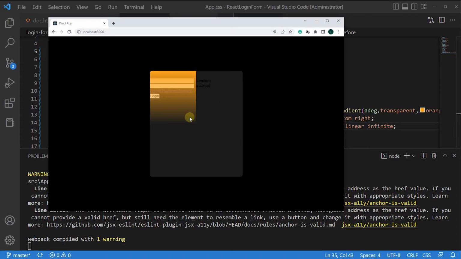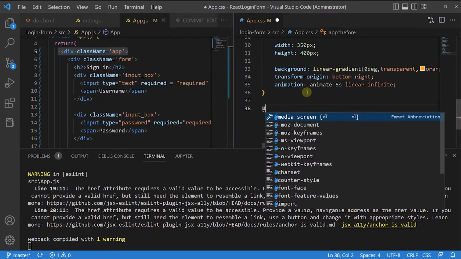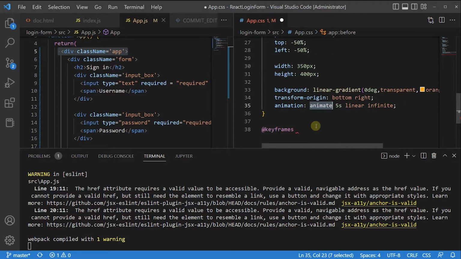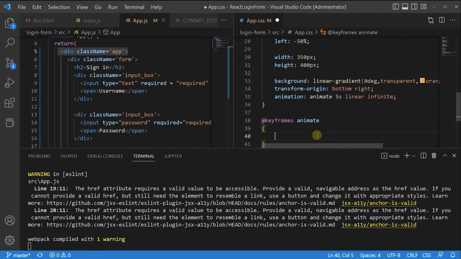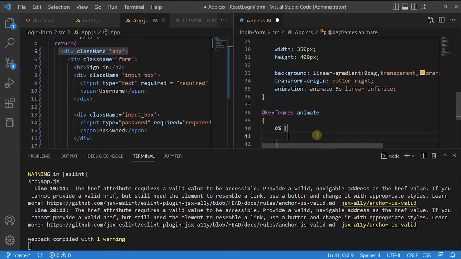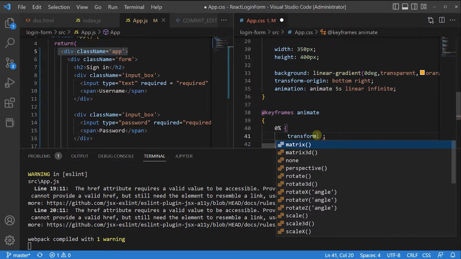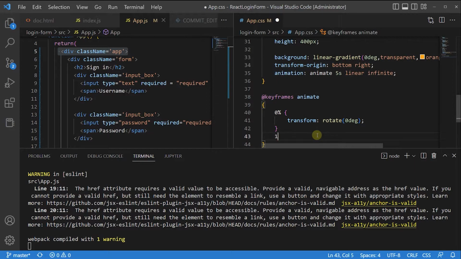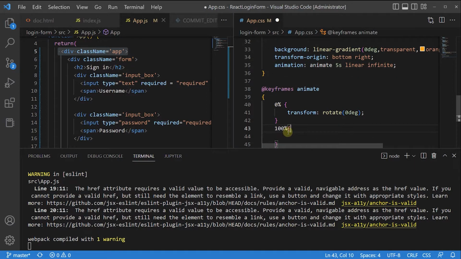In order for it to move and do something, I need to be writing keyframes. So down here, I'm going to say keyframes, and I'm going to give the name of this animate over here. So animation is going to have a name, and you need to provide this name here in the keyframes. So currently it's animate, that's why keyframes animate. And we're going to say at 0%, I want the transform to be rotated 0 degrees. And I want at 100%, so this is at the end of the animation, I want the transform to be rotated